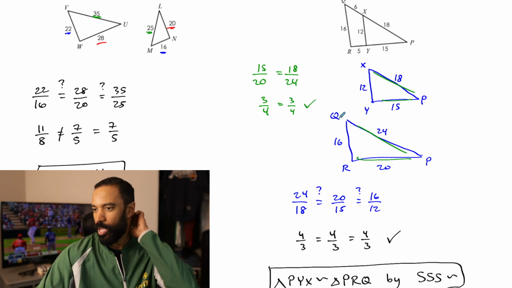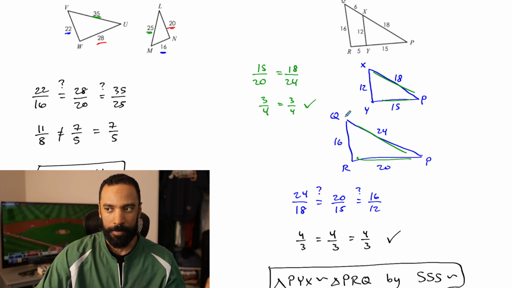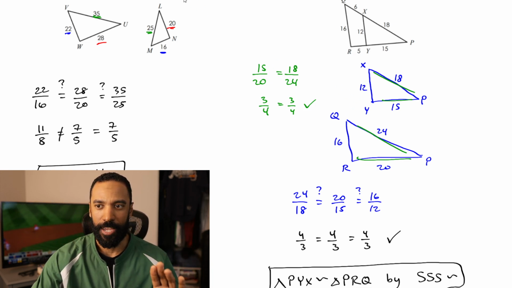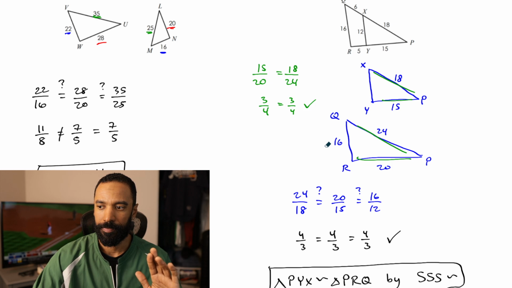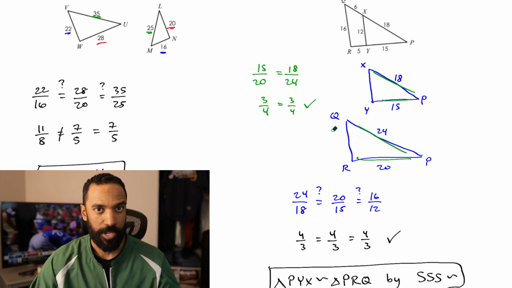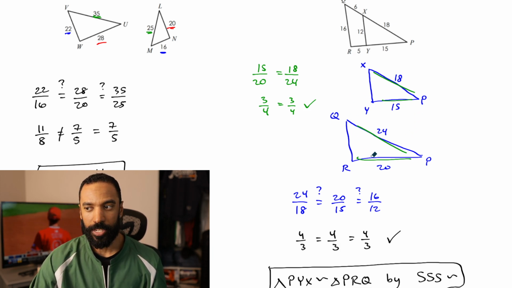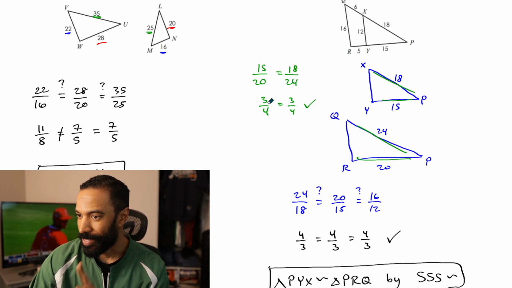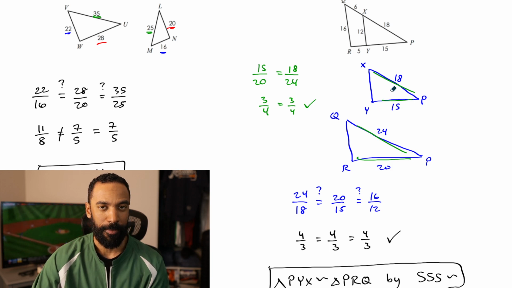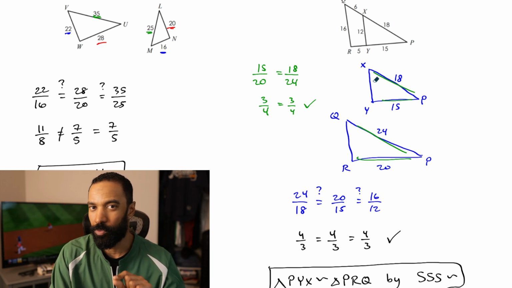3/4 equals 3/4. Now let's say you didn't have the 12 and 16. Would there be enough information without this 12 and 16 to show the triangles are similar? Two sets of sides is not enough. If these were the diagrams you had, that's great that these are in proportion. This wouldn't be enough information. But the nature of the original diagram